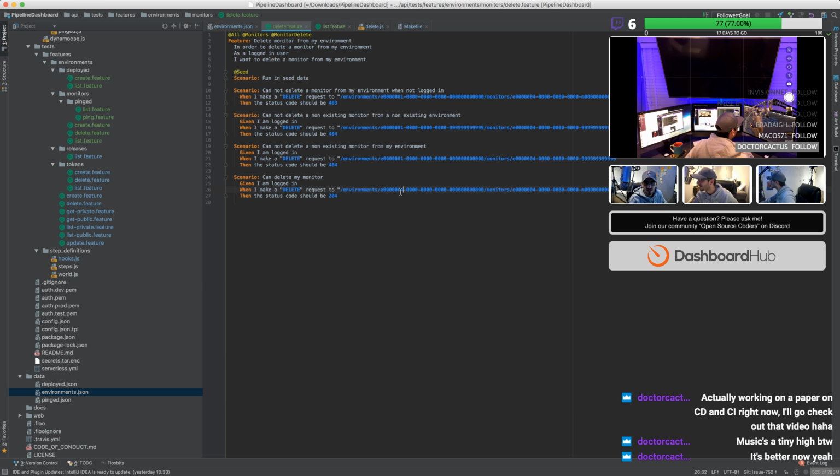If I go to the test data, when I log in, or when the tests log in, they get this user. I actually don't want that user. So if we go to this one, there's a different user. So we'll take ID number 2, and that will not be a valid environment. Oh, I guess we also want an invalid monitor as well. So cannot list monitors not from my environment, cannot list monitors when not logged in, cannot list monitors from